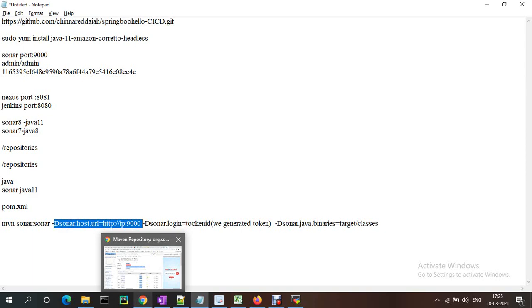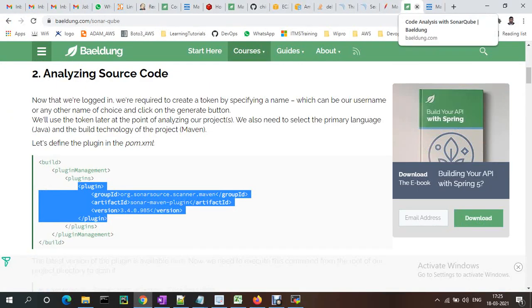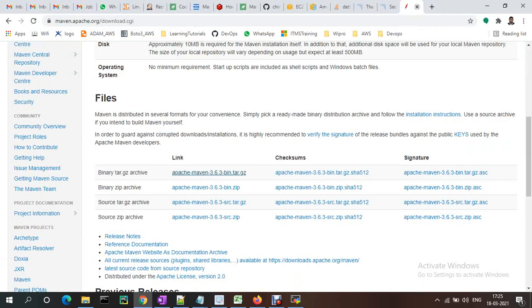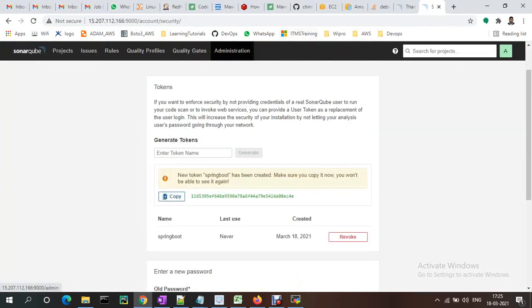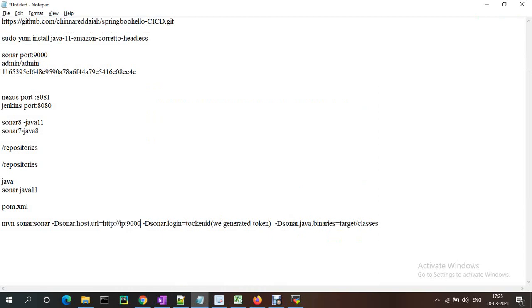The Sonar host URL we just need to copy here. Our Sonar, this is the IP. And this is the login. We generated the token, right? This is the token for that.